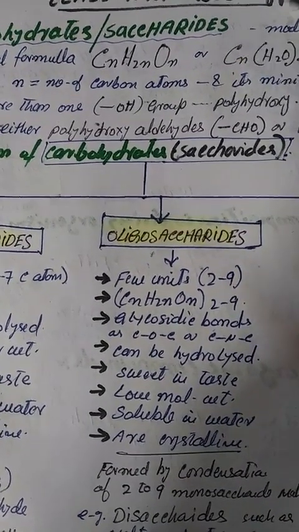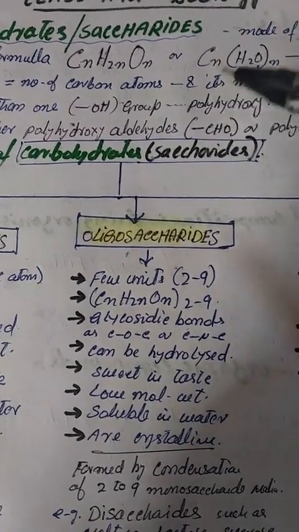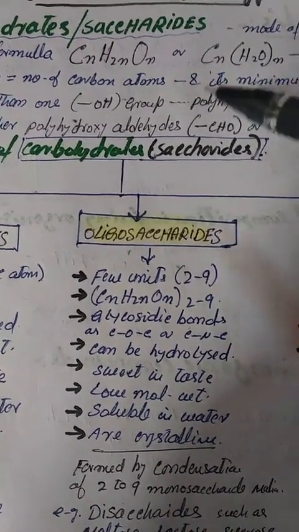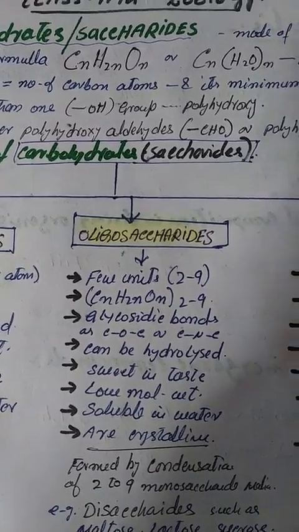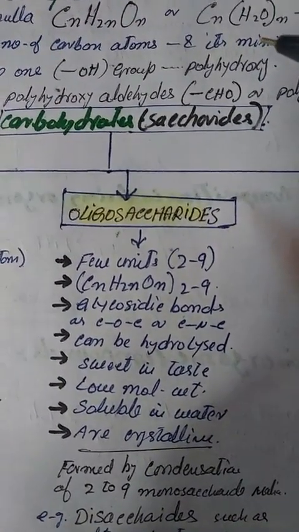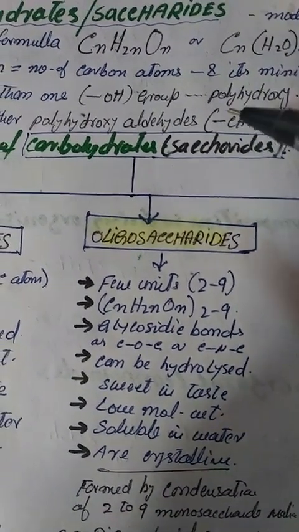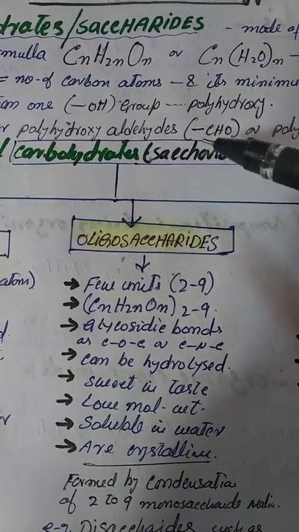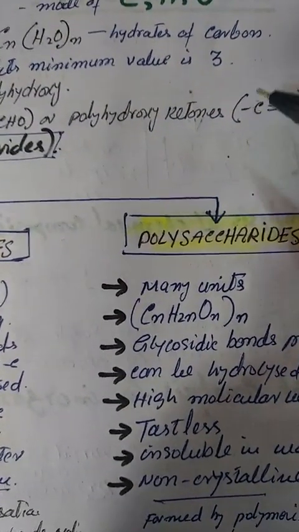We have more than one hydroxyl group in these carbohydrates, therefore they are also known as polyhydroxy compounds. These are either polyhydroxy aldehydes, which have an aldehyde group, or they may be polyhydroxy ketones, which contain a